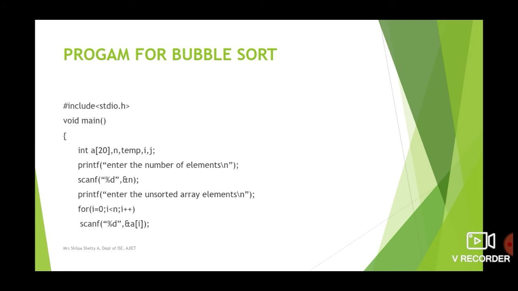And I also told you that the for loop will range from 0 to n minus 1. So that can be written as, for i is equal to 0, i less than n, or we can also write as i less than or equal to n minus 1. So both are same. i plus plus. Scanf %d ampersand a of i. So that whatever elements you enter, they are stored consecutively in array A. So i represents the index of the array, %d again, because again the elements of the array are now integers.